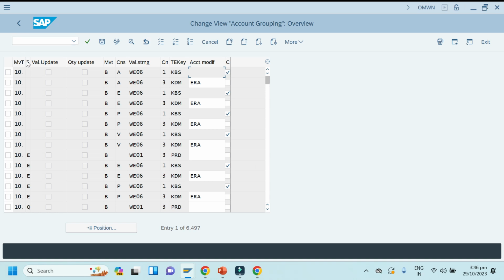So these are movement types, you can see here.